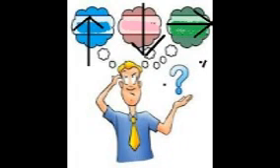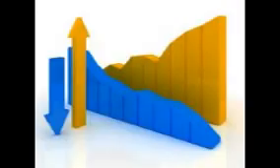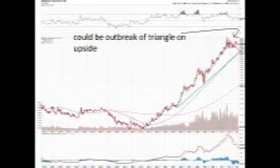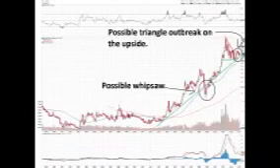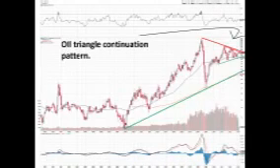Therefore, these possible continuation patterns lead me to believe that the investment participants in the monetary market have not come to a conclusion of direction, but will inevitably show their true colors when the market trends one direction or the other out of the triangles, which gold and silver seem to have already broken out of on the upside but not truly confirmed, and oil is still within its triangle confinements.